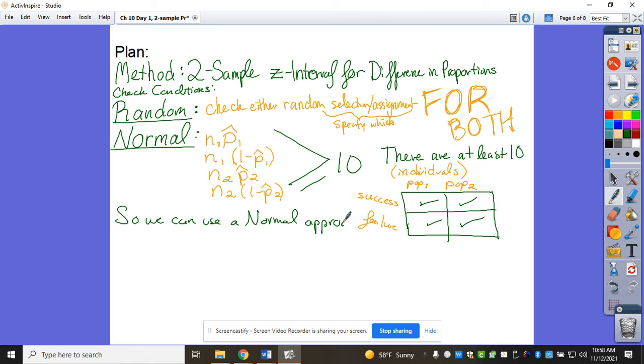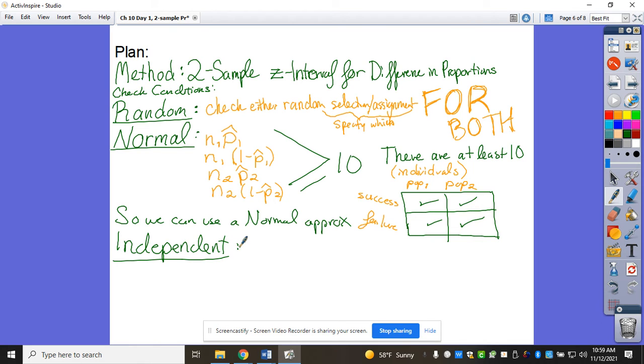Now, I will tell you that all of a sudden, everybody who's done really, really well with conditions will get distracted in this chapter, and I'll have a lot of people leave this off that have not been, because they'll be so concerned with their writing. And usually on this test, I have about 2 or 3 people in each class who just completely don't even do independent because they're so distracted by what's going on up here, even though we've been doing it for the last 2 chapters straight. So make sure that you're doing everything like on a test, even though we've been doing it for a while. So last one's still independent,